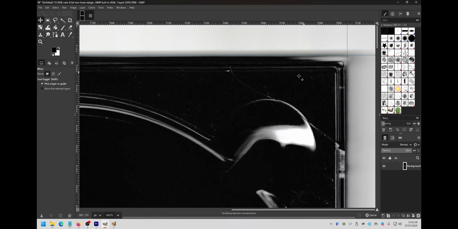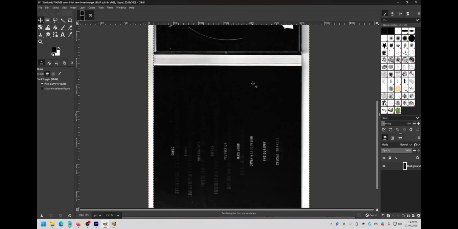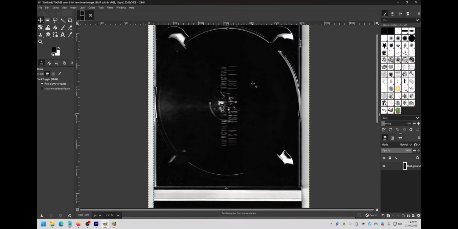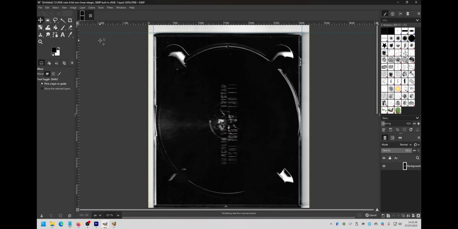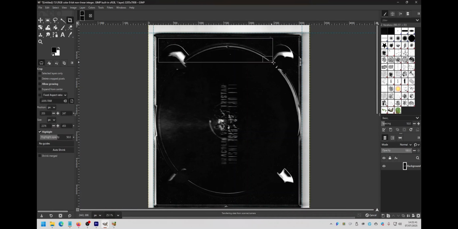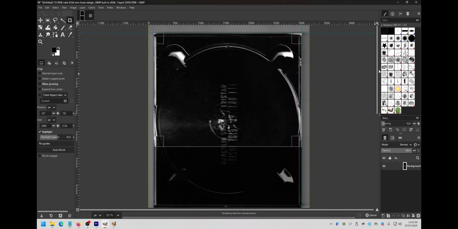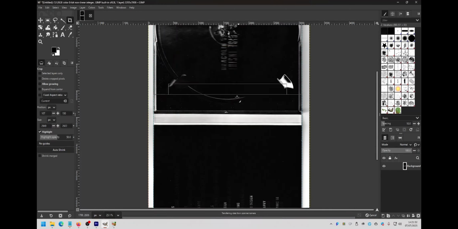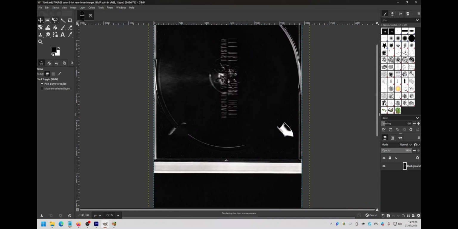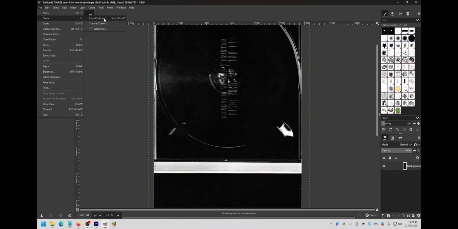With the guides now put down for the top and bottom, it's now time to start cropping. So what I'm going to use is the crop tool, with Shift and C, and then just select the area, and fortunately the crop outline snaps to the guides, and we'll just scroll all the way down. Now it's done, we can then just start working on copying. Just go File, Copy, then go File, Create from Clipboard,